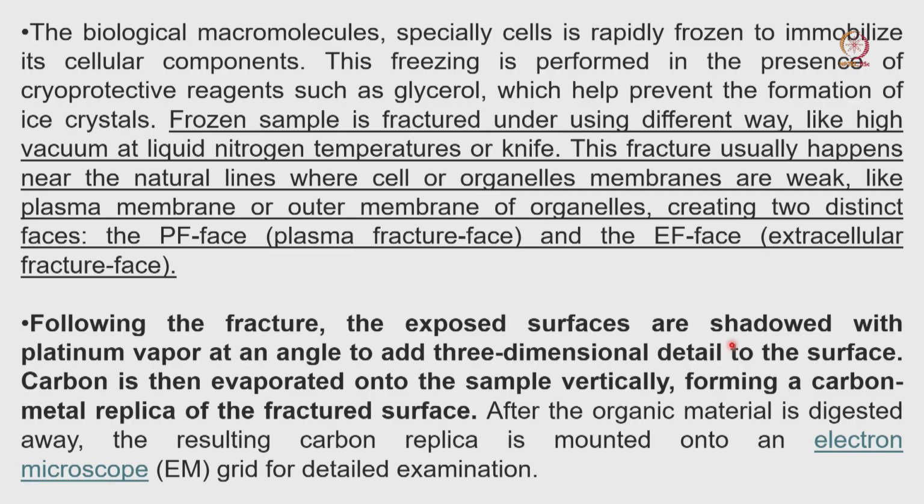So, that was the idea for that DNA sample. Why do we have to do it? Because there is a carbon coating, and if there is DNA and no metal shadow or carbon shadow, it will be very difficult to distinguish the DNA from the carbon background. That is the reason we are doing that metal shadow.